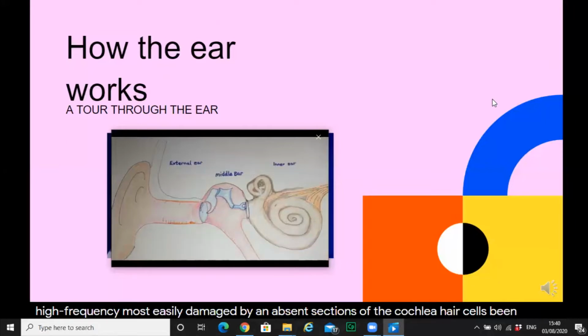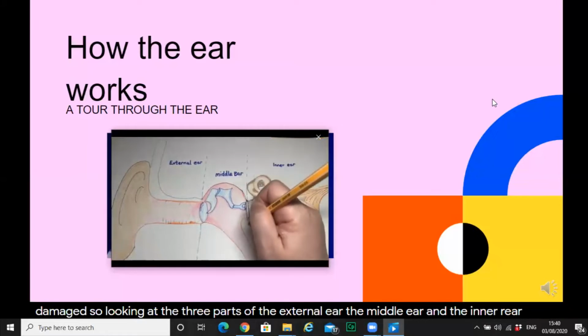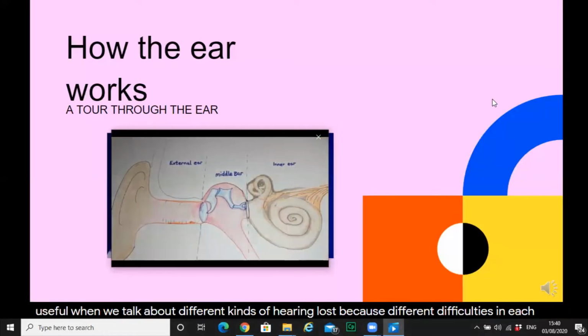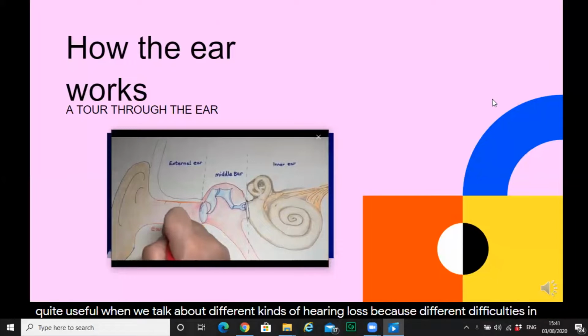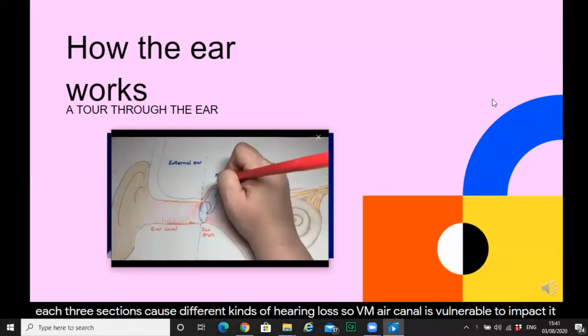So, looking at the three parts of the ear: the external ear, the middle ear, and the inner ear. This is quite useful when we're talking about different kinds of hearing loss, because different difficulties in each of the three sections cause different kinds of hearing loss. So the ear canal is obviously vulnerable to impacted wax and infection, and in Down syndrome is often much narrower than in the general population. The eardrum